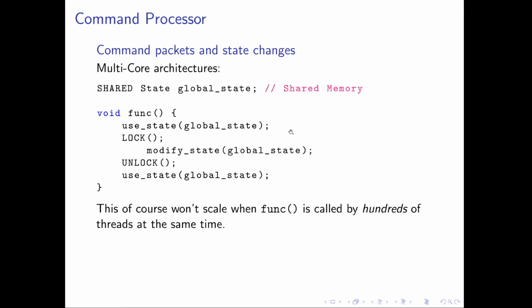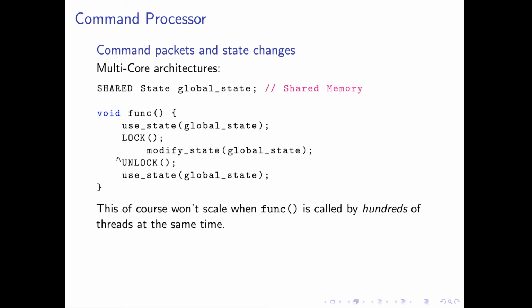So on a multi-core architecture, a possible way to overcome this problem would just be to use a critical section. We would still have our global state, and the global state could now be accessed by all the threads. Whenever the state is modified, we enter a critical section and apply certain means that allow us to synchronize the access to the state, usually critical sections, mutexes, semaphores, and the like,